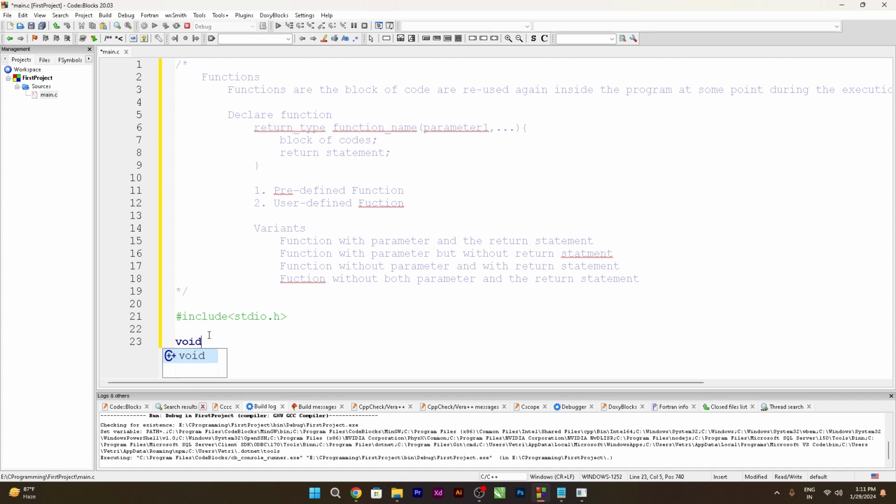So I'm going to use void, because void doesn't return anything, so I don't need to return anything. We are going to use this function without parameters and without a return statement. Here I'm just going to say hello world. I'm not going to supply any inputs to this function because it's not going to take any inputs, and it's not going to return any output. So printf, and I'm going to say hello